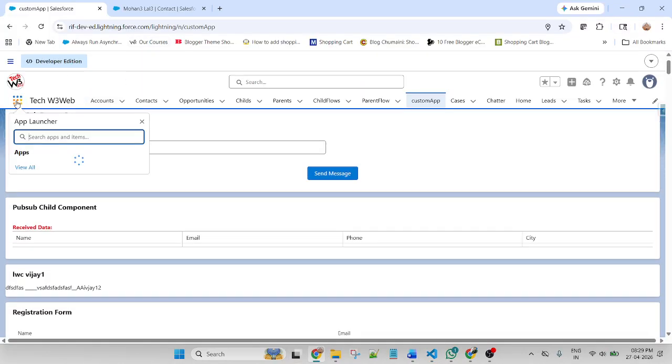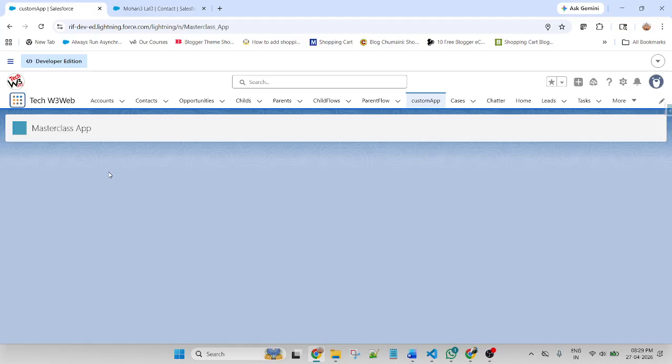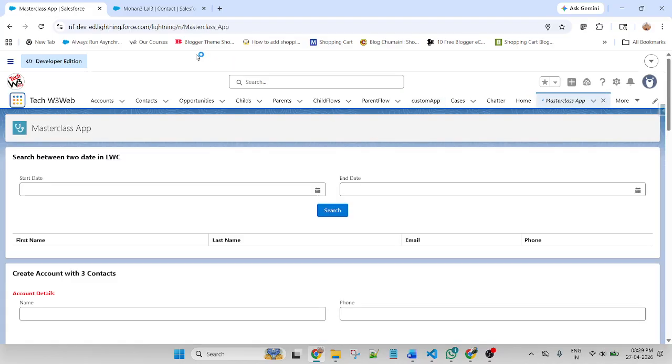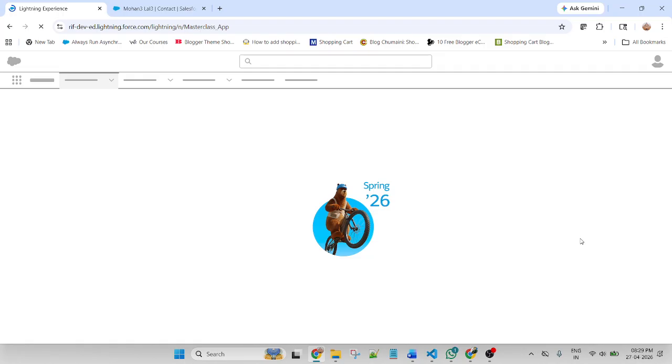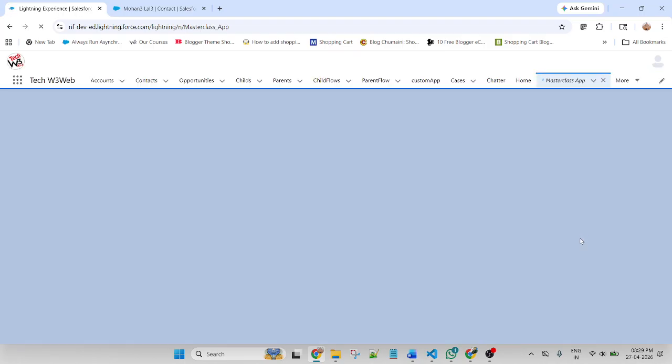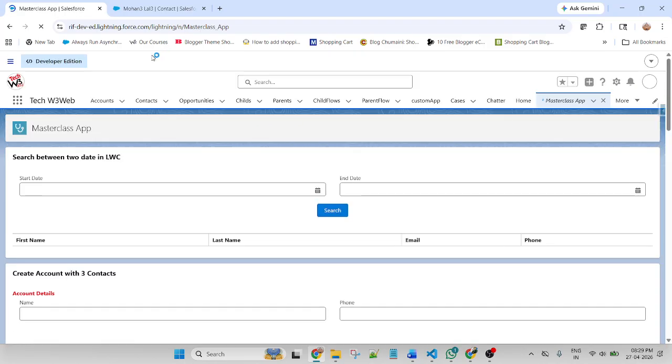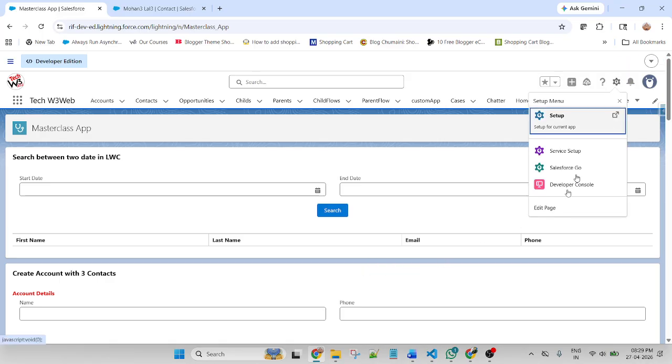So first of all, this is my master app. This is my previous session class, how to search between two input field data. Now refresh. Now calling both of the components one by one.